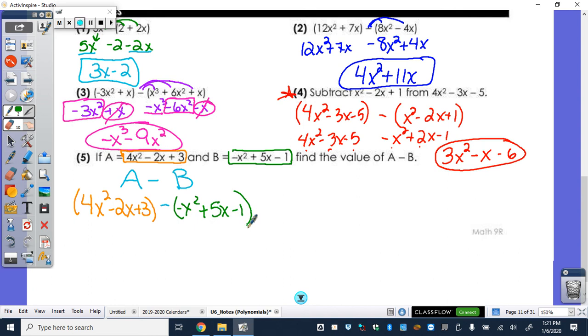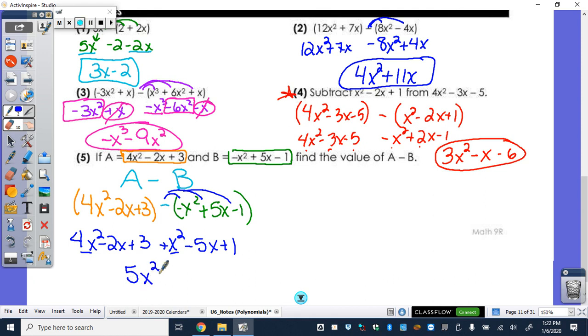So again, same thing, just asked in a different way. You're still subtracting polynomials. So I'm going to distribute my subtraction sign. That makes it a positive x squared minus 5x plus 1. So 4x squared plus 1x squared is 5x squared. 4 plus 1 is 5. Negative 2x minus 5x is negative 7x. 3 plus 1